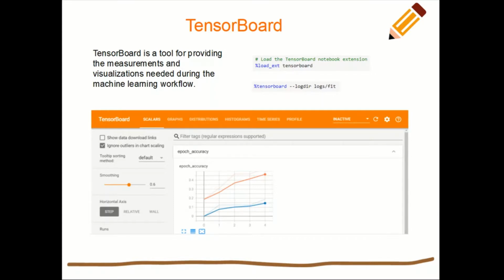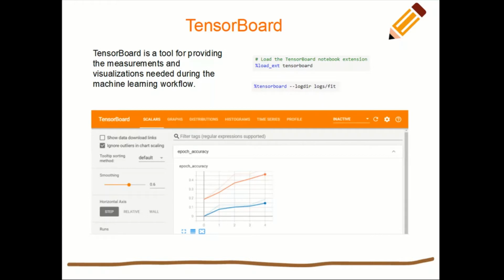So what could be the key metrics? One of the key metrics that we usually need to see while we are training the model is something like the training accuracy, validation accuracy, then training loss, validation loss, and also the weights, right? Some of these issues like vanishing gradients are related to the weights and the gradients, right? So we need to capture the weights while we are training our model. TensorBoard is a tool built for doing all this capturing of key metrics and weights, and in addition we can also visualize a computation graph.